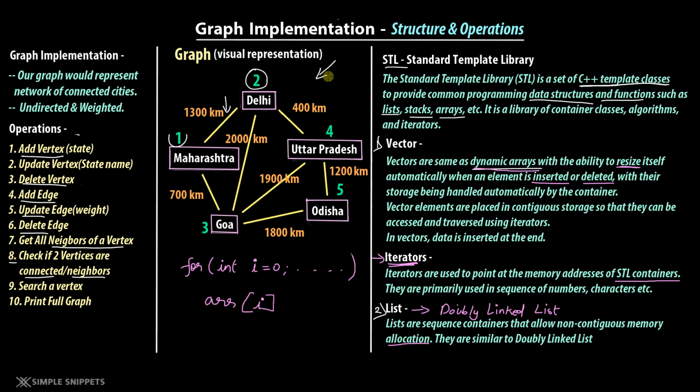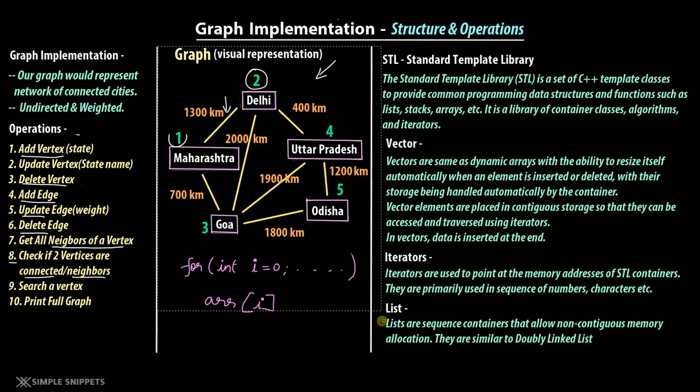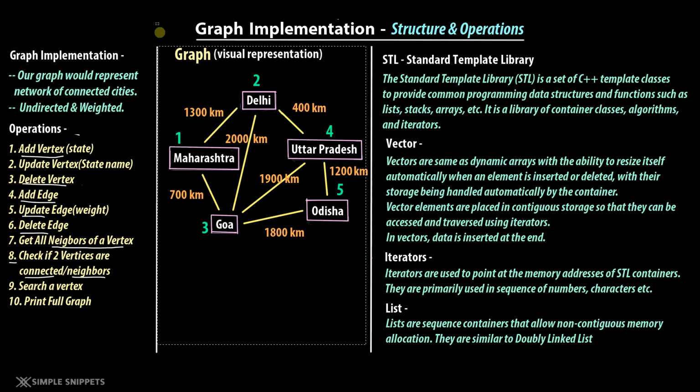Okay, so these are the three things that you have to just keep in mind. This is just the theory, and we're going to use them. And the way we are going to use them, I'll show you in a second, because now I'll show you the logical view of our graph data structure in the memory. Then you'll get an understanding of why we need a vector and why we need a list.